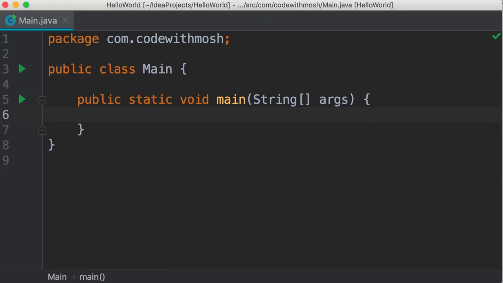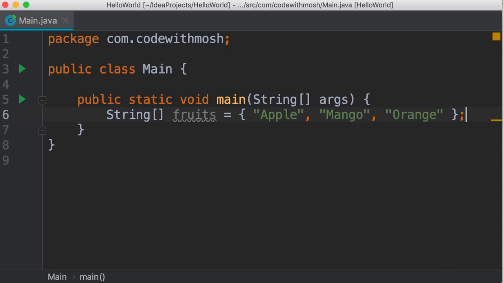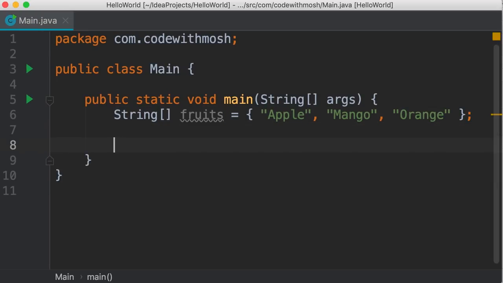The last type of loop we want to look at is the for each loop in Java. We use for each loops to iterate over arrays or collections. Let me show you. So I'm going to start by declaring a string array called fruits, and we initialize this with 3 items. Let's say apple, mango, and orange. Now let's say we want to iterate over this array and print each item on a terminal. We can use any of the loops you learned about earlier, like a for loop or a while loop, but we can also use the for each loop, which is a bit easier.